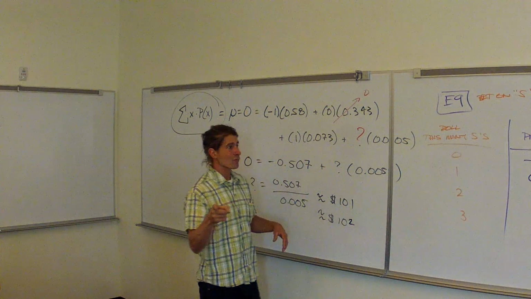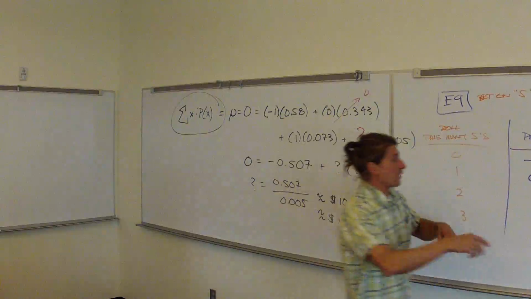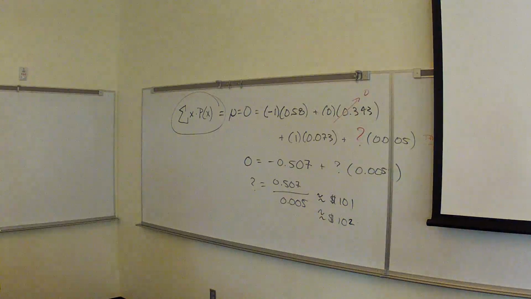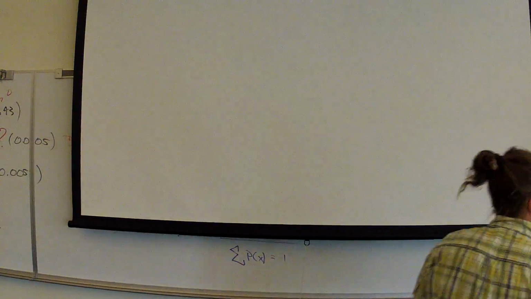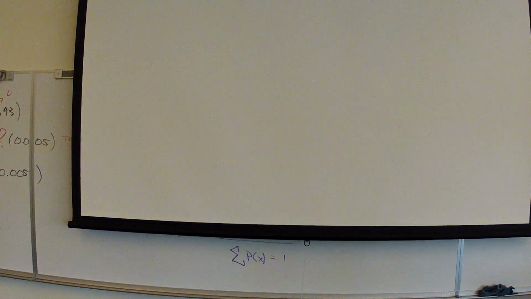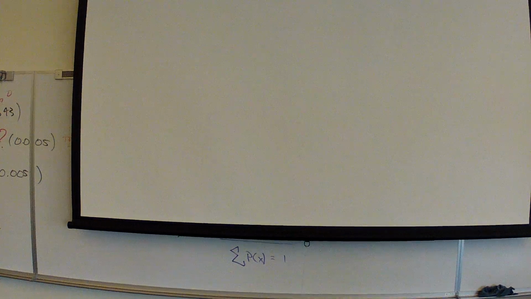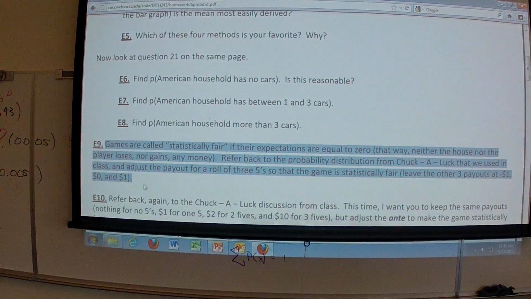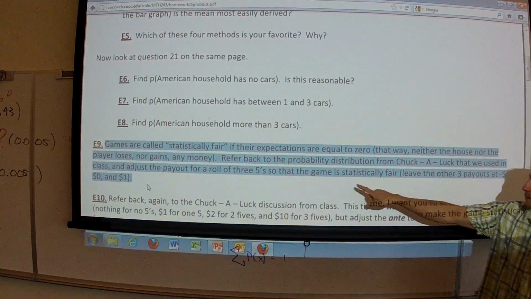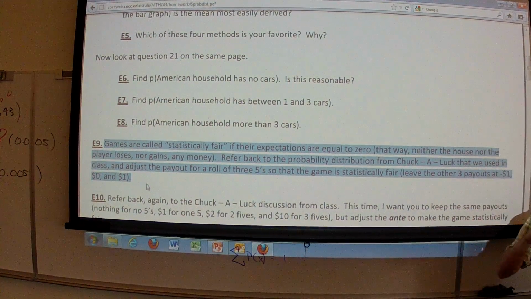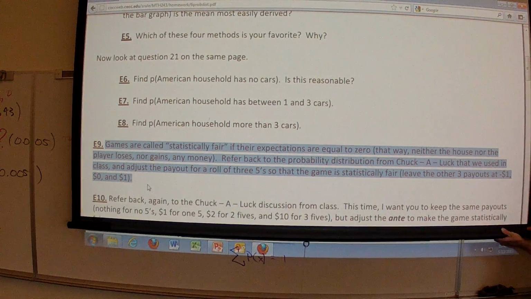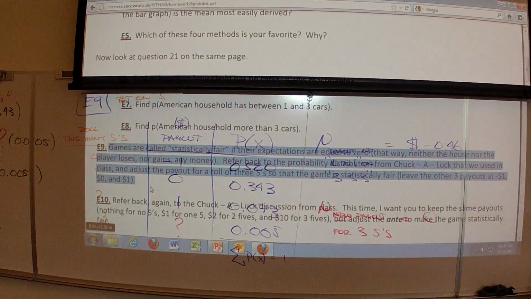So what is the question exactly? Let's go back and look at it to revisit it. It started with a definition which we may have forgotten because we got bogged down in making it equal 0. Then we have to ask ourselves, why are we making it equal 0 again? So this was the point right here: what should we pay out on 3 5s to make the game average to 0, not negative 46 cents? Here's the old average right here.